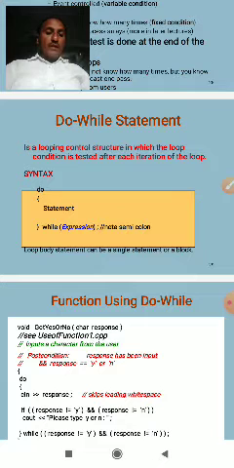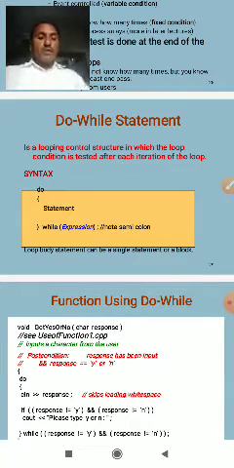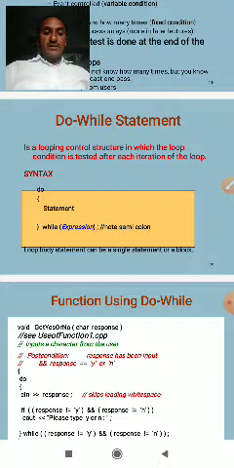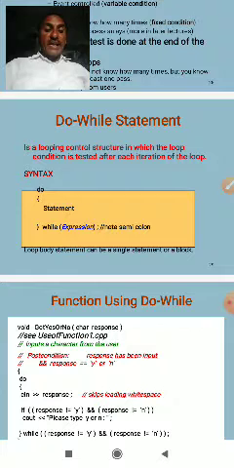Enter the upper limit. cin is the input statement. Then while is taken with the variable value and its initialization, for example while i is less than or equal to n: the while statement with the condition.